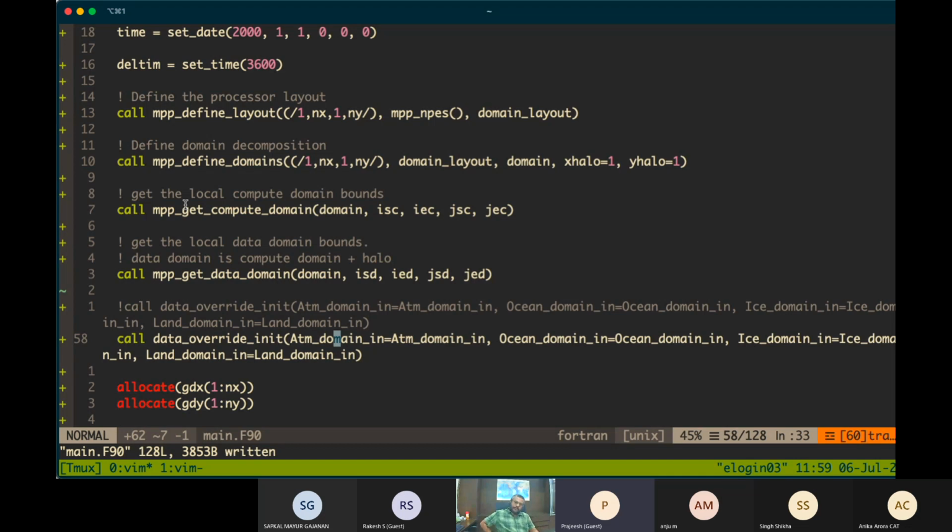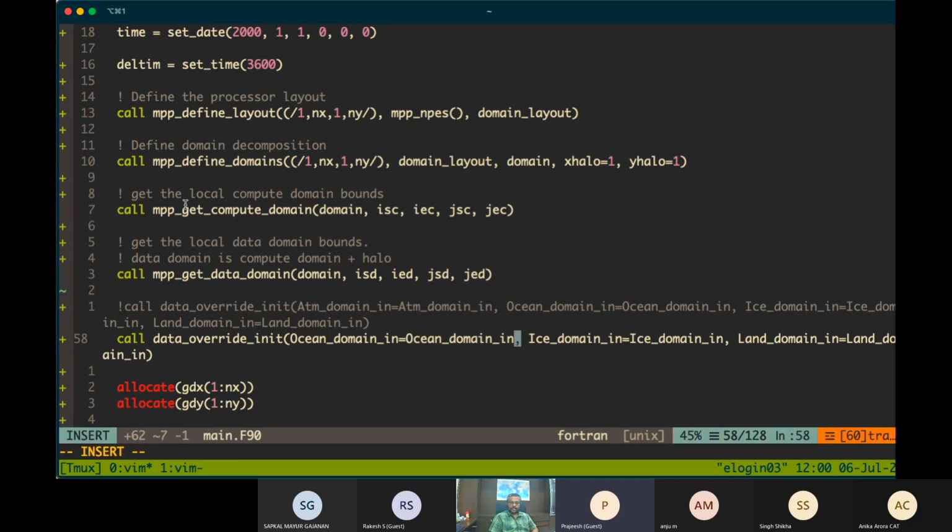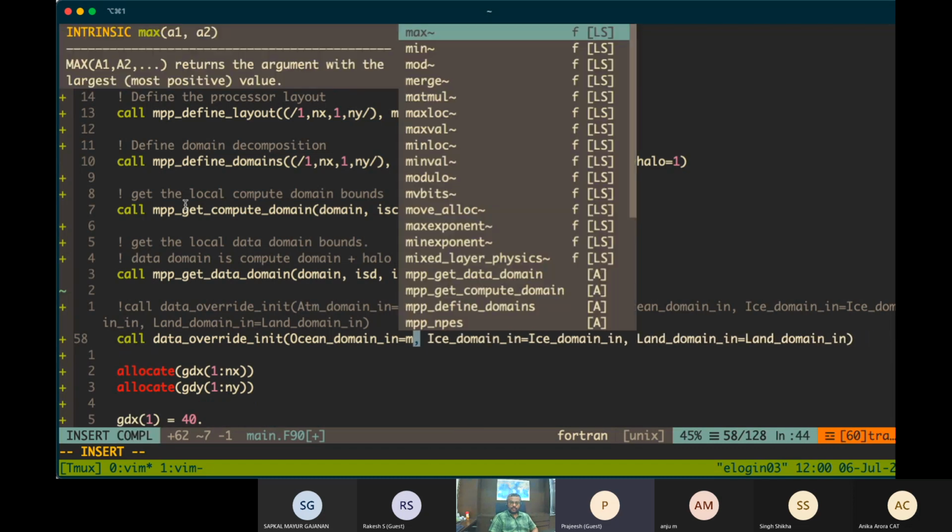So we can have at least 4 different models with completely different domain decomposition, and you can read data to any of these models. Because we have only one model, you can use any of these, but we'll use ocean domain here.